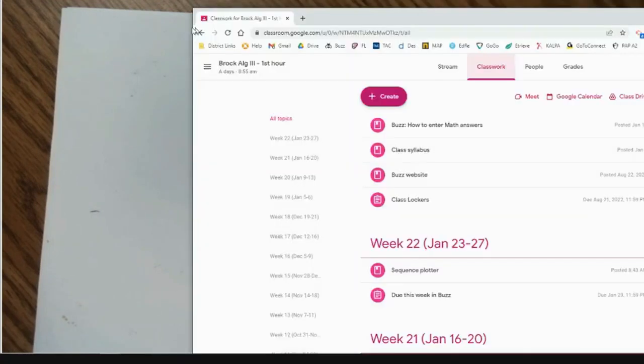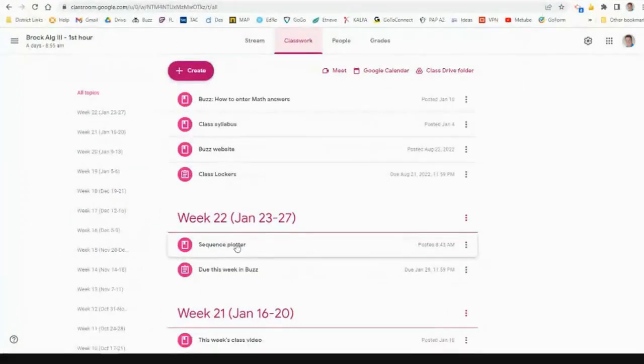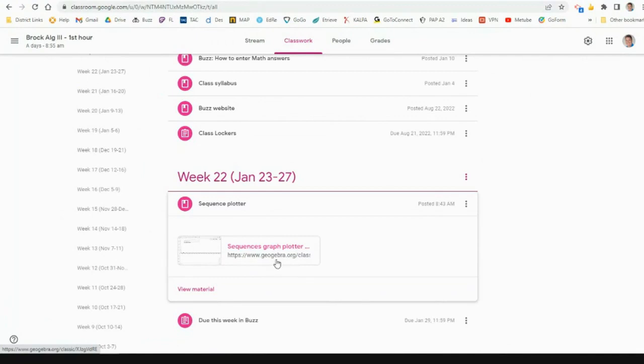But let's talk about graphing, and I will show you here that I have put this in our Google Classroom. I've added a sequence plotter. Desmos does not do this well. So there's another website called GeoGebra. And when you go on this,